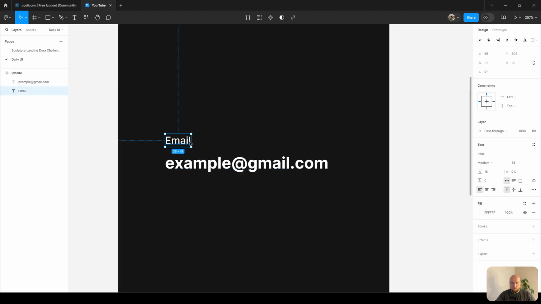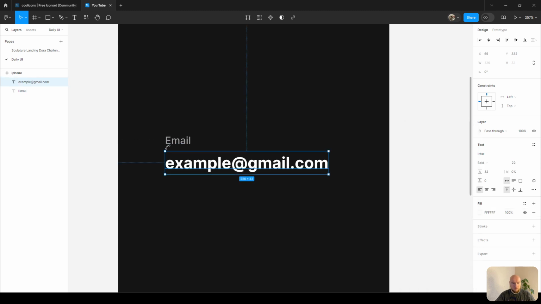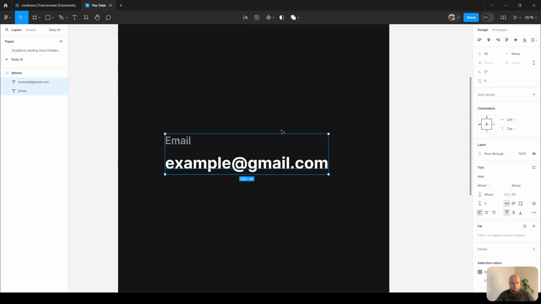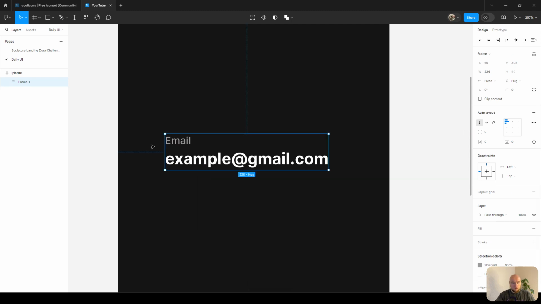We can make label darker, like this, and placeholder will be white. I think that's okay. We can create auto layout, so we can add